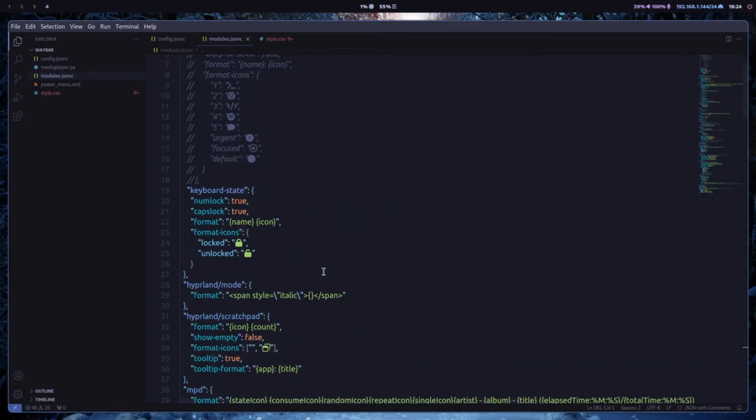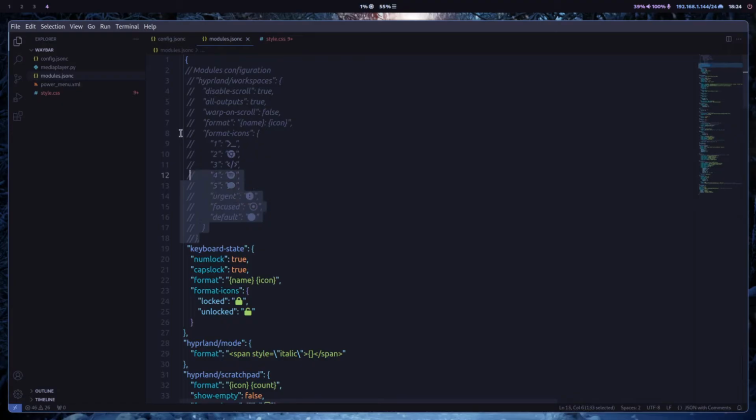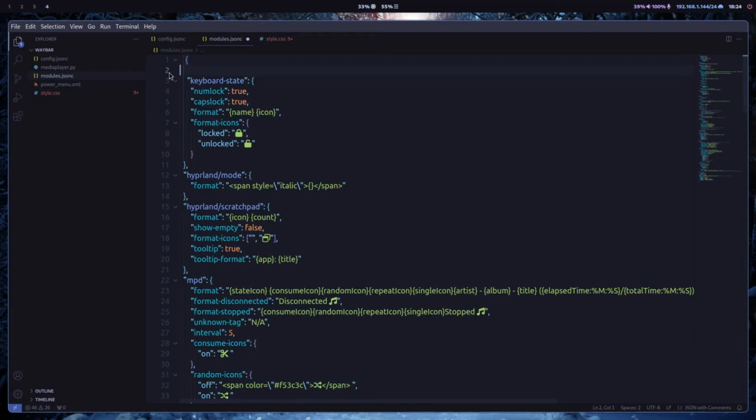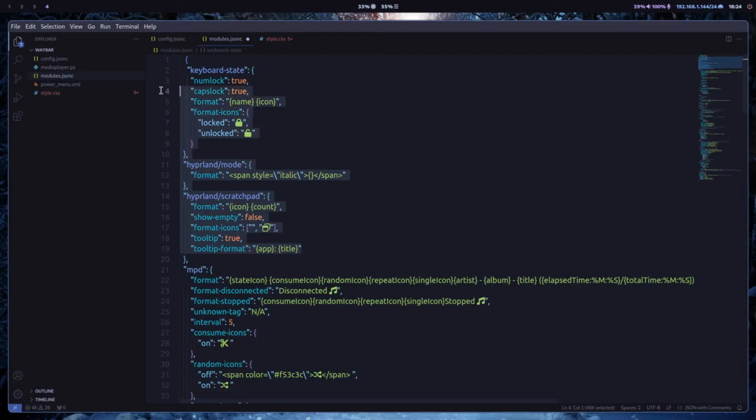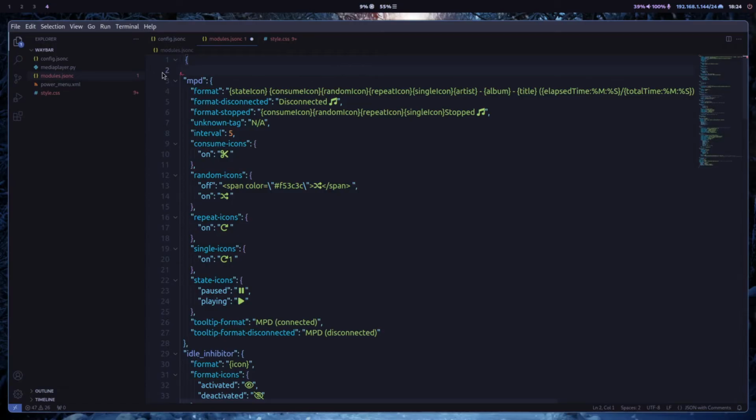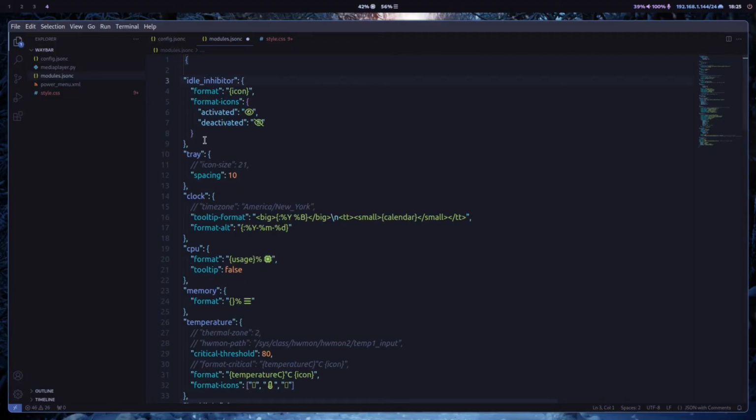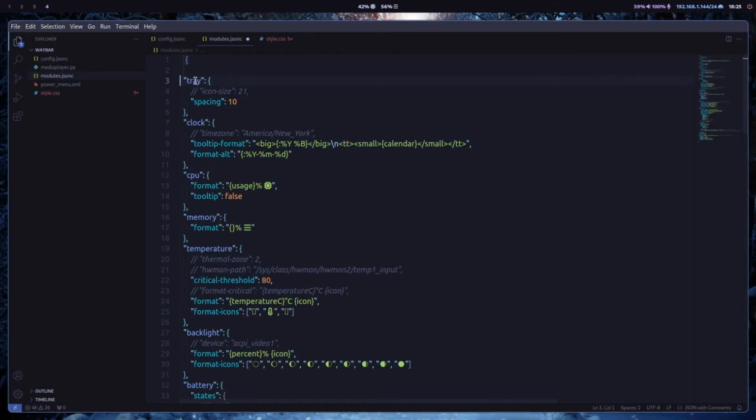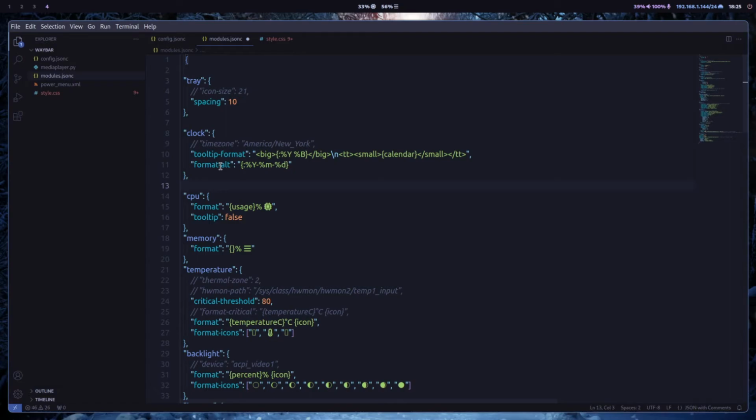So here is a lot of junk that I really don't need. So the first thing I'm gonna delete is this part. I don't have scratchpads. I don't know what mode is. I don't need keyboard state, and always beware of the brackets. I don't want to have a media player, so all this goes away. I don't need idle inhibitor. Tray I do need. Clock I definitely need, but I will just style it a little differently. CPU is okay, but I don't need these pictures. I will just type in CPU so I know what it is,